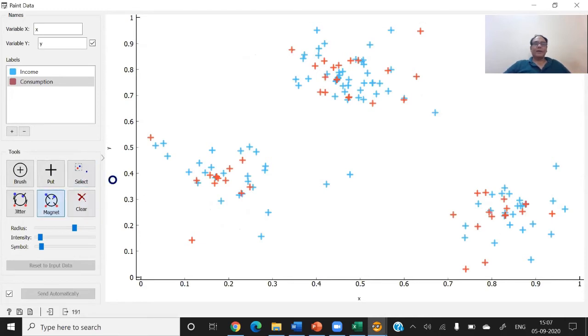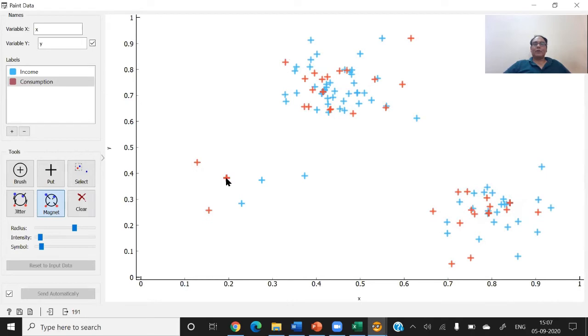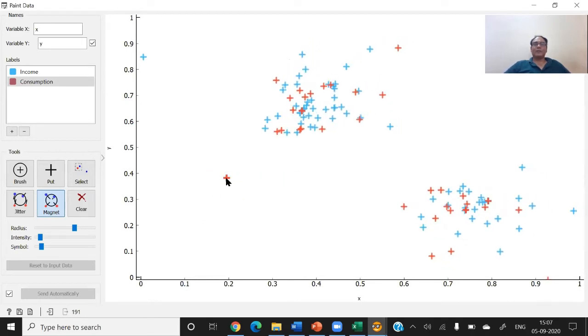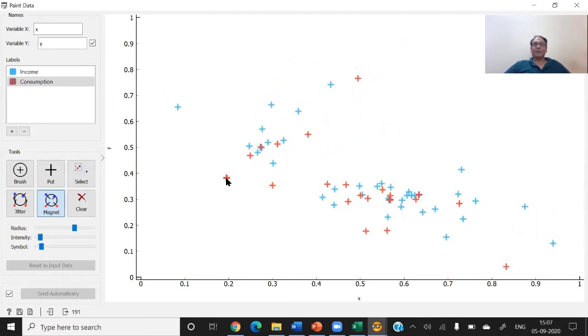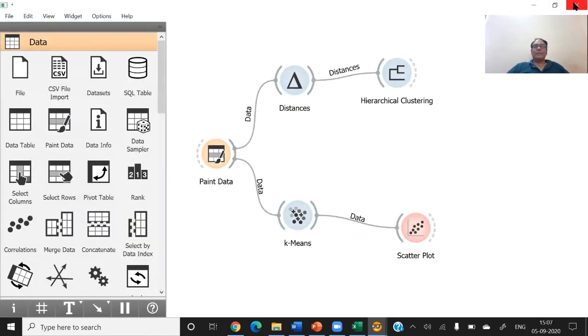Magnet, I'm just repeating again. Magnet, all the data points come together, as you can see. So it is a magnet. So it will attract all the data points. And jitter means it will throw all the data points. Okay, but now we actually are all considering into one. So we can use this brush in creating the data set and do it again. So I hope you enjoy this option. Now I'm showing you other options.